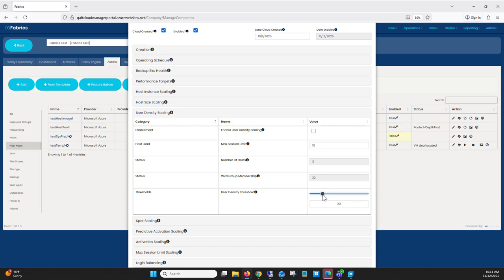So say you have 100 users, you have 10 hosts, and there's 10 users on each host, and only half of them are logged in. So you basically would need 5 machines running to support that. If you don't enable user density, 5 of those machines will just be turned off at that point in time. If you enable user density, half of those machines need to be on. You've added a 20% threshold, so it'll make sure 7 of those machines are created. 2 of them will still be turned off because you're only actively consuming 5 of them, but the other 3